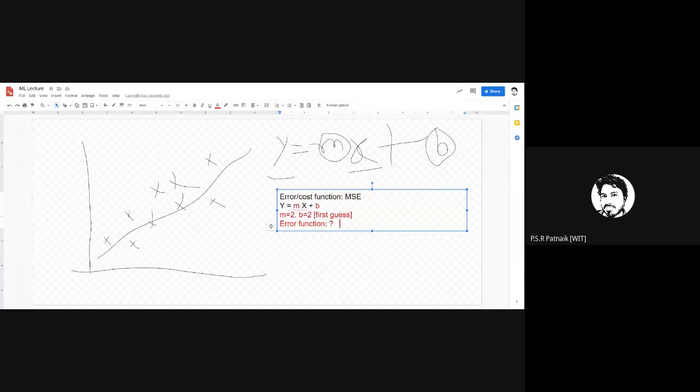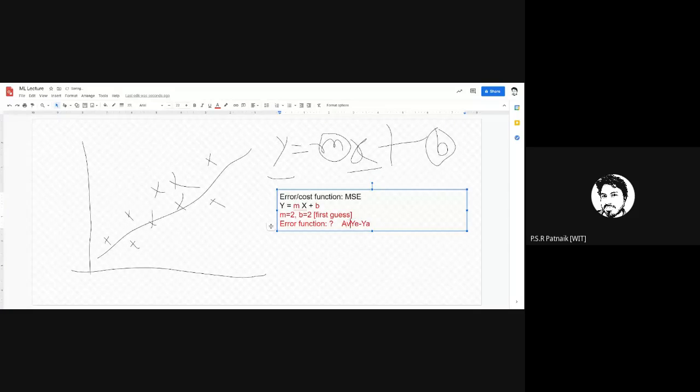So whatever it is, the difference is positive or negative. When you're doing the square, the negative value doesn't come into the picture. So what would the error function be? For this, I'll call it y expected minus y actual. How many such terms do I need to take? I need to take the average of